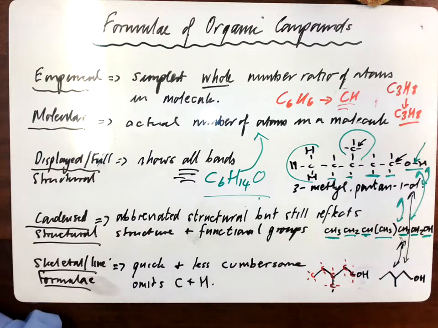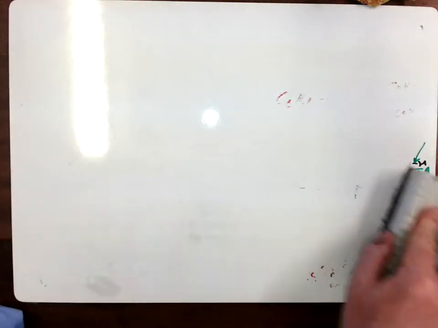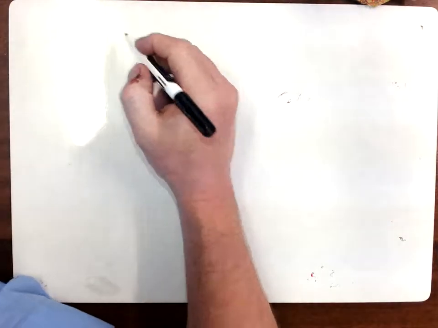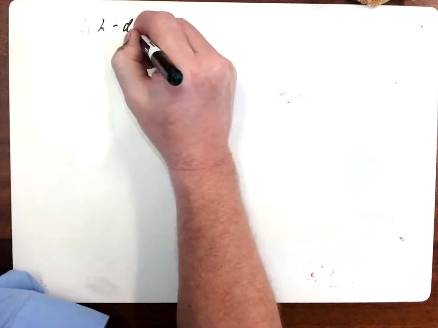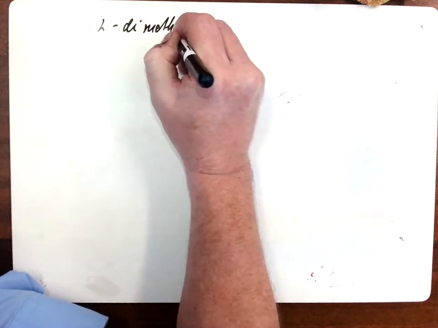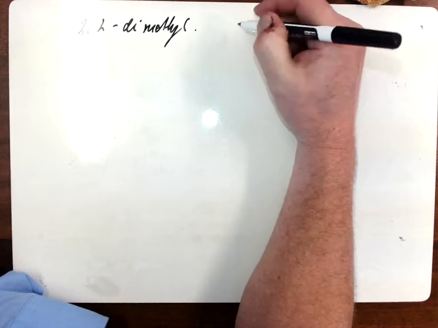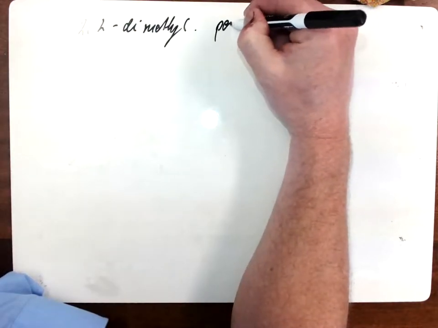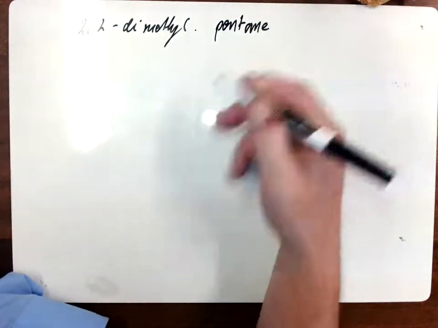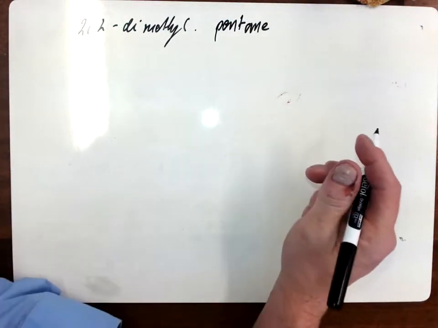Okay, so that's all the formulas, all about them, and we'll just do a few examples, and hopefully by the end of it you can work your way between the various different ones. So we'll start off with something really nice and simple. We'll do 2,2-dimethyl pentane. So the first thing we might do is draw it out,